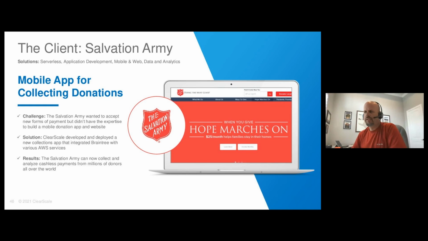With this solution, the new mobile donation collection capability allowed donors to scan a QR code there at the Red Kettle to open a website and contribute through one of several available payment methods. We're talking about things like Google Pay or Apple Pay or other electronic payment methods. And so the Salvation Army did really good that year, and it was a very successful